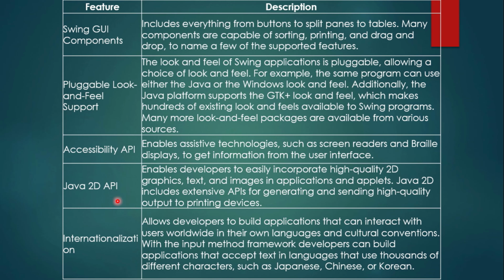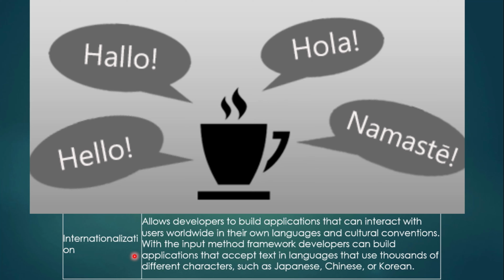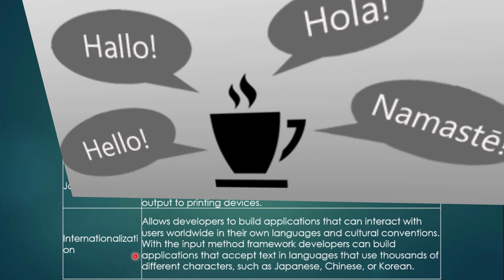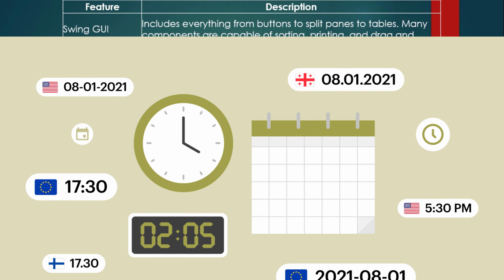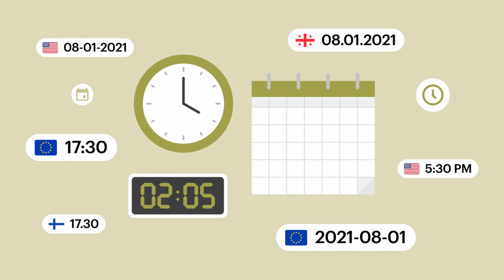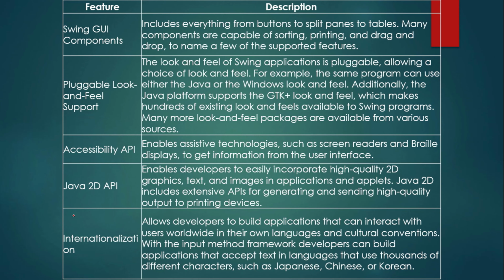Another feature of Swing is internationalization, which is a very important and useful feature. Depending on the locale or country, certain things get changed. For example, date in India, we write DD, MM and YY. And if you take the example of US, there the date is written as MM, DD and then YY. So if I write a date in India like 3, 2 and 21, that means 3rd February 2021, and the same date in US will be read as March 2nd 21.